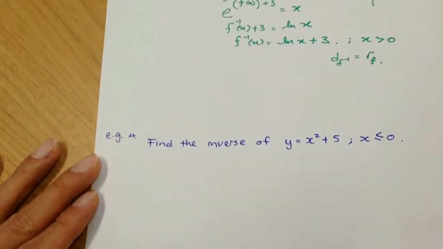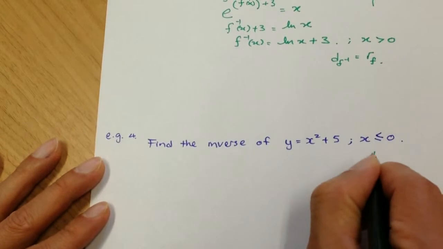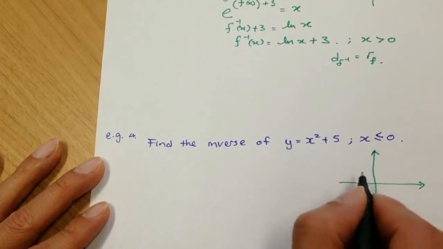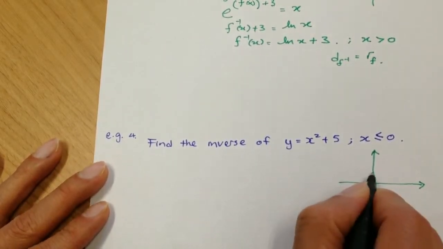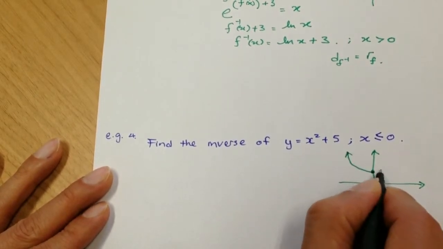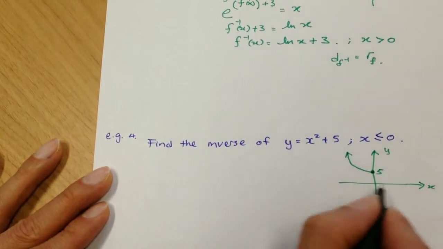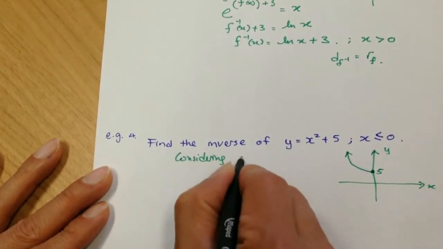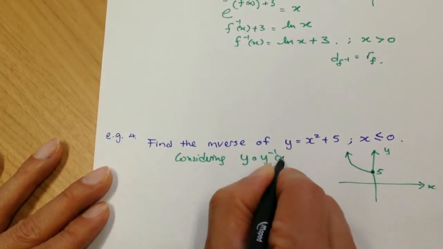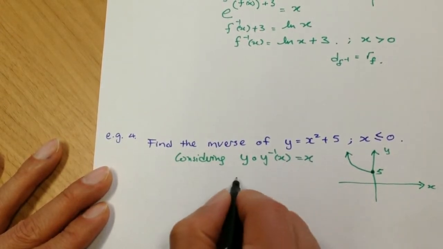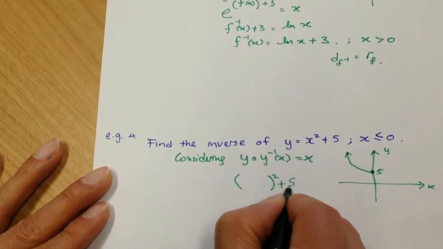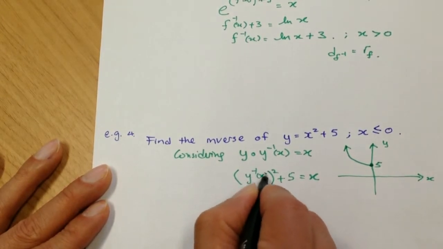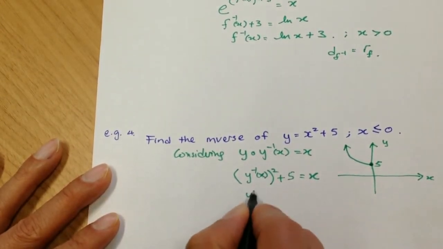This question here is y equal to x squared plus 5. Again, let us sketch it out. A quadratic function is not a one-to-one function, but with this restricted domain, it is. So, like that. Starting with here 5, here's y, here's x. So this is a one-to-one function. So we consider y of y inverse of x is equal to x. Therefore, big bracket square plus 5 is equal to x. And within the big bracket, y inverse. So what we have is y inverse of x